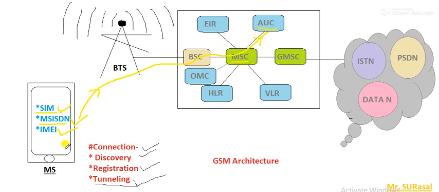So it will understand that yes, this user is registered within our network. Remember, we are looking at an internet service provider, that is, the ISP's office, where GSM is one part of its architecture. When the SIM and MSISDN based information is authenticated by the authentication center, it will deliver the same information to the MSC. Now the MSC will again divert the information to the EIR, that is, the equipment identity register, where after authentication, the IMEI details will be stored.